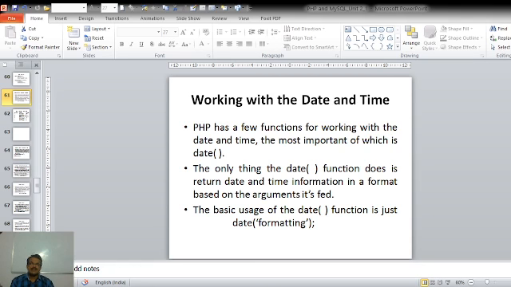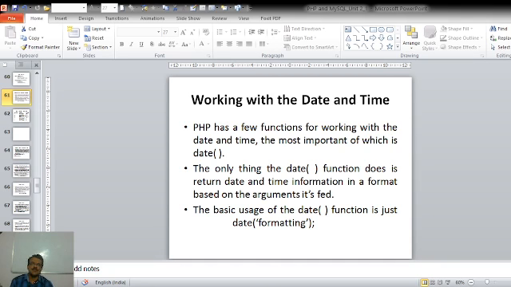The next thing is working with the date and time function. PHP has a few functions for working with the date and time, and the most important of which is the date function. By using the date function, we can work with the date and time in PHP.